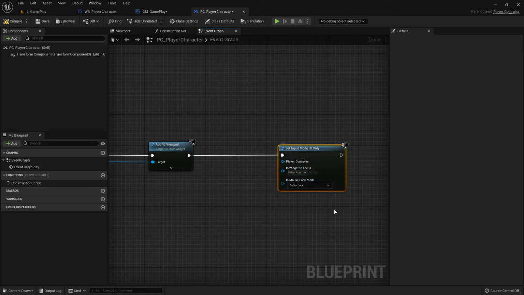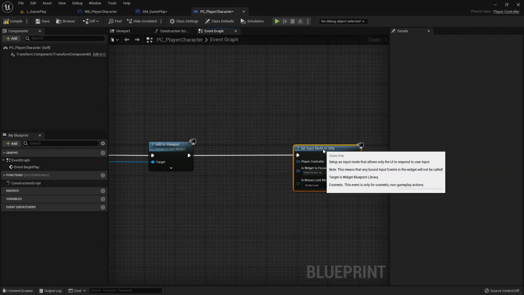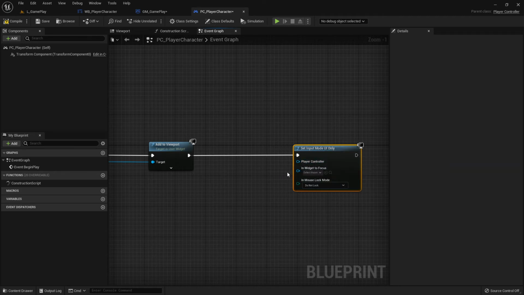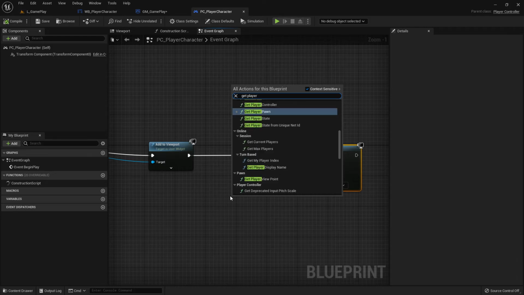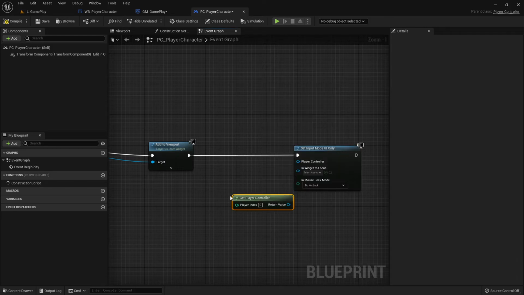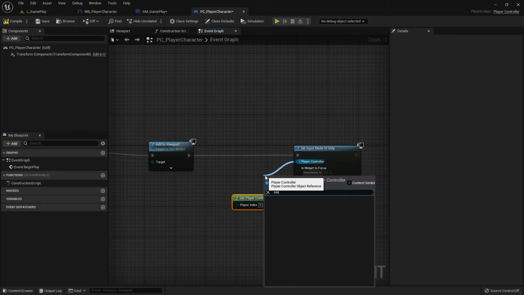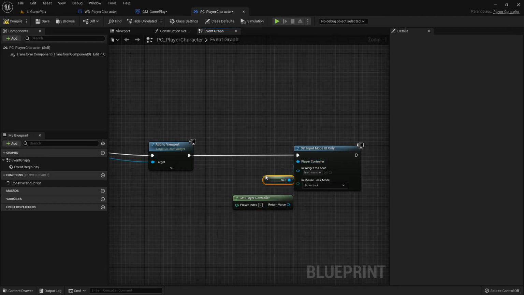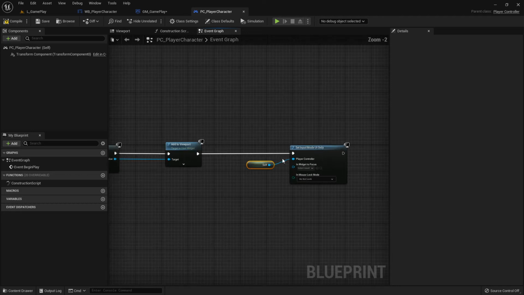For example, you want to use the buttons and the mouse to change something. So after you selected this one, we get one more info here, and we need the player controller, and actually we are here in player controller. Normally you would say here get player controller, something like that most time, but this one is even possible that you write yourself, because it's this self. For example, in this case self makes sense because we are in player controller, so you don't need get player controller, but if you want you can use this one too, but I think self makes more sense here, and that's why I keep this one. And with that said,